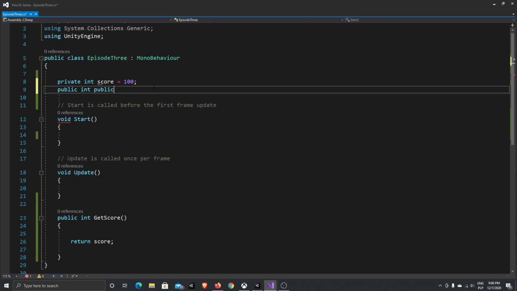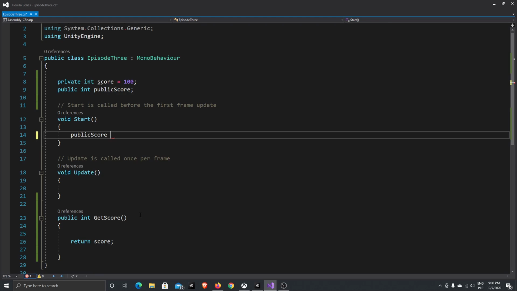Let's write public score. And why I'm showing this to you is that you can, using the function, get some values. For example, if we have public score, we can set the public score value using our getter. So if I write public score is equal to get score, I'm accessing the score from our script